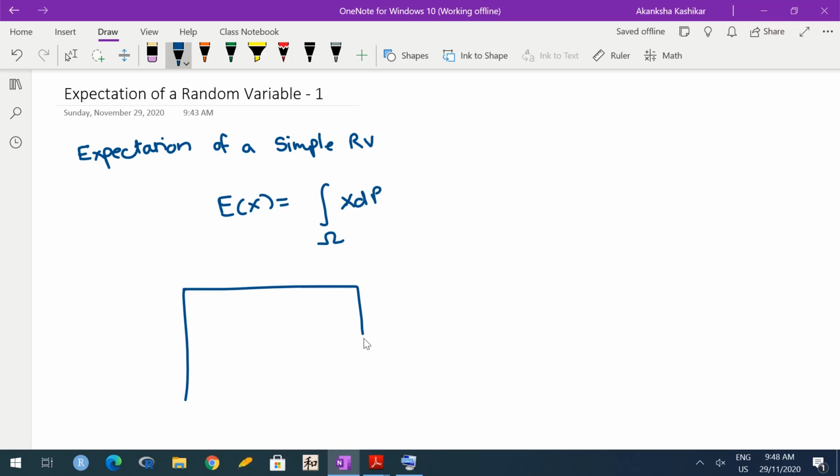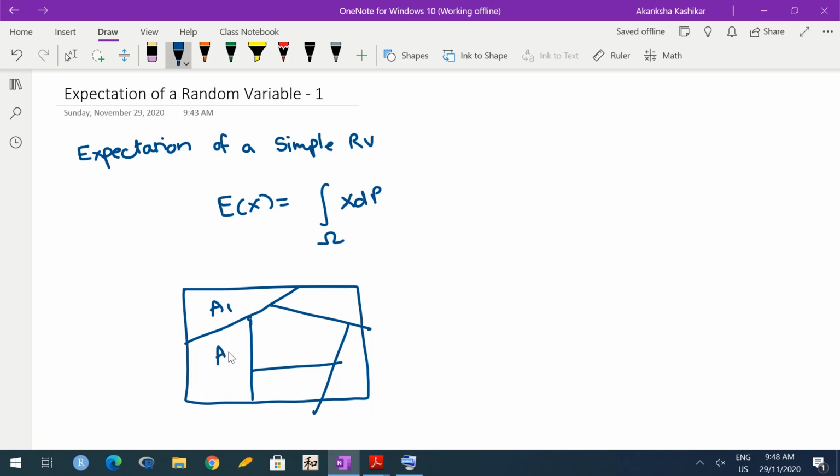What we know is that a simple random variable takes only finitely many values, and that is because we partition the entire sample space into a finite number of sets. So let me call these A1, A2, A3, A4, A5, A6. Okay, these are 6 sets, A1 to A6, suppose. Then on each of these sets, the random variable takes a constant value, right? So omega is written as the union over Ai's, in general, i going from 1 to k. Here my k is 6.